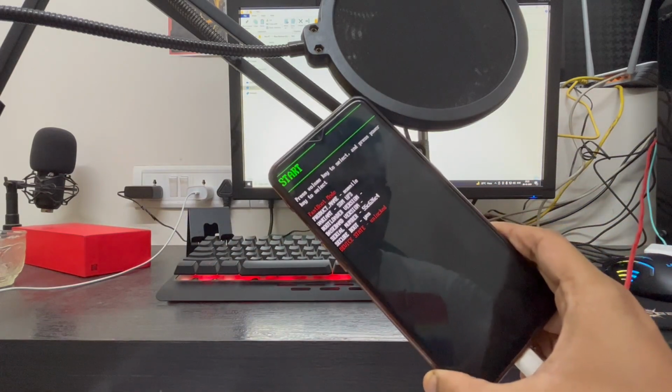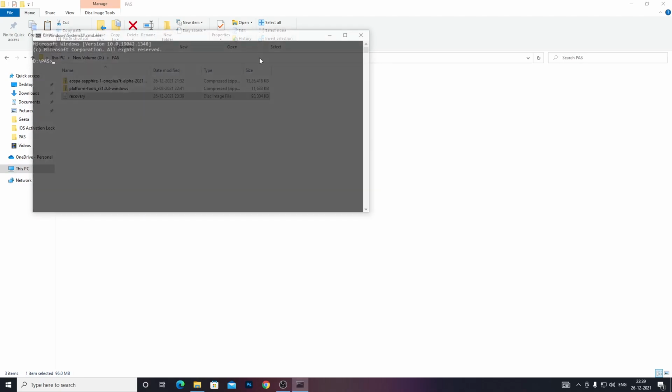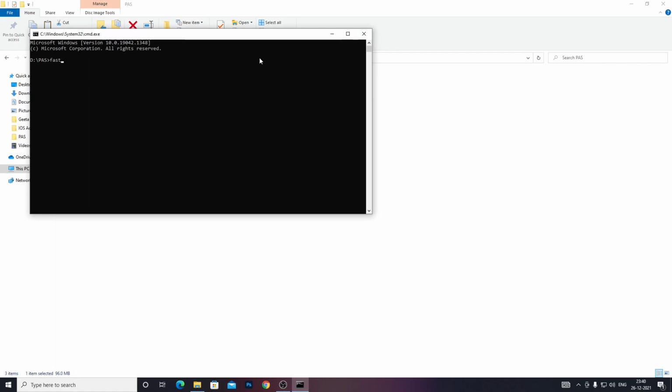And once it's done, head back to your PC again. Once you connect your device in fastboot mode to your PC, just click on this top icon and type in CMD. And once you do that, just type in fastboot devices and press enter. And you can see the string of numbers along with fastboot written beside it. That means your PC has detected a device in fastboot mode. And if not, there will be a link in the description below to download the drivers for fastboot mode for your PC. Once you install that and try this process again, your PC will definitely detect your phone in fastboot mode.